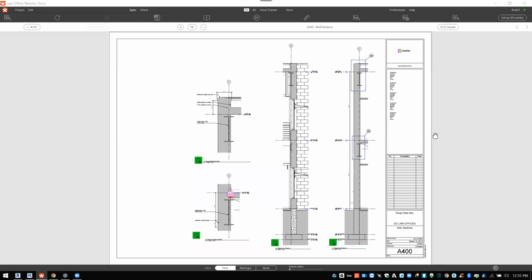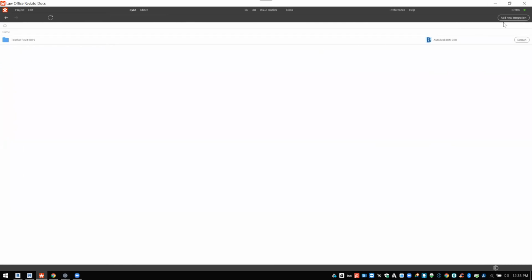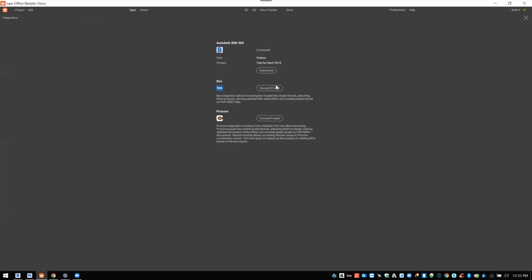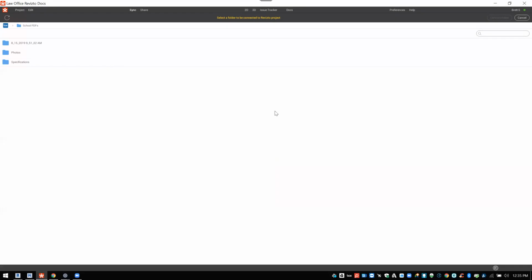So Joel Frank again asks, what if the PDF doesn't have a Revit model of the 3D portion, but we want to link the PDF? So in this situation, going back to that question before, let's go back in here real quick. For instance, let's dive out of here and let's add a new integration in here. I'm going to show this real quick because I do think it's important for the webinar. If I connect into Box, these drawings right here are not from this project, but I want to show this functionality here. If I go into the specifications part of this,